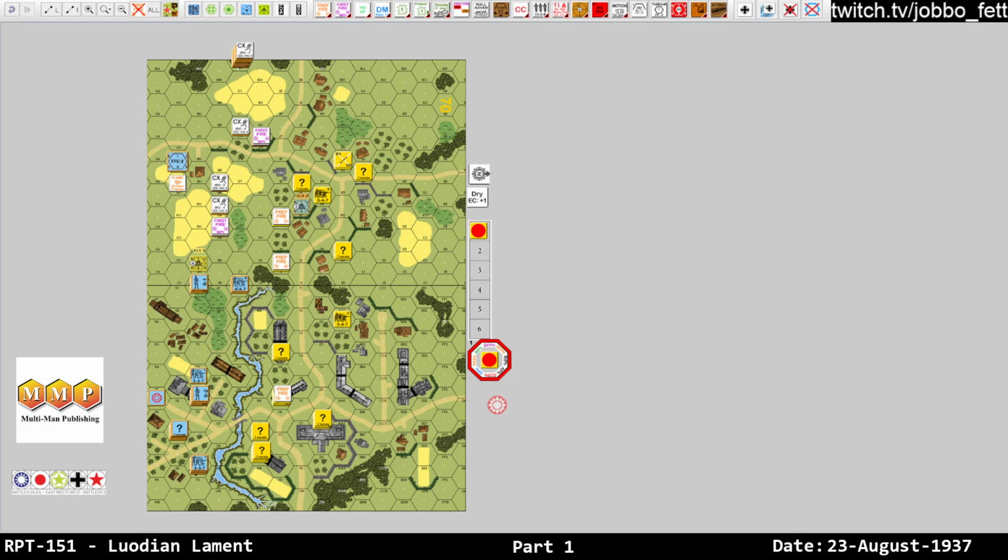Oh, whoops. Wrong one. How far could I correct it? I can only correct it 3 hexes, which is not good, and I don't care for. So I think I'm just going to have to cancel it because I can't correct this in a way that would be beneficial. So I'll just put this guy. Really? There you go. On the flip side,